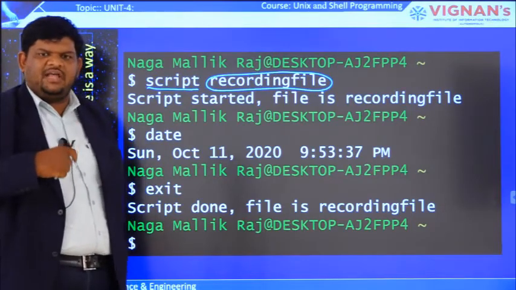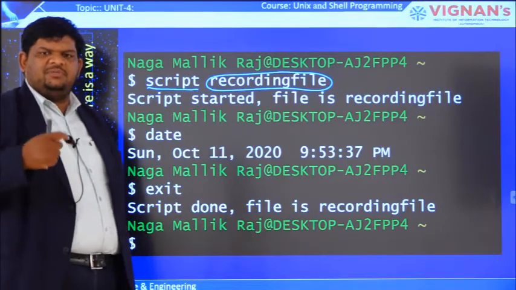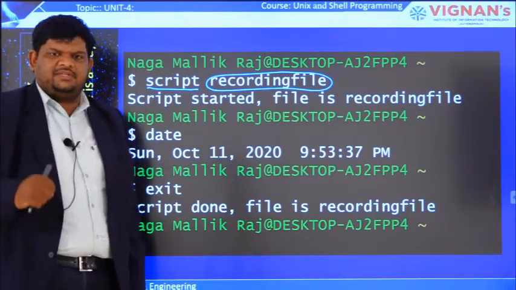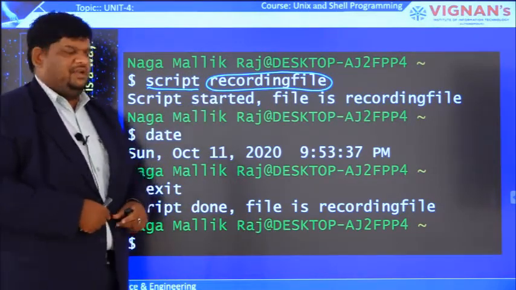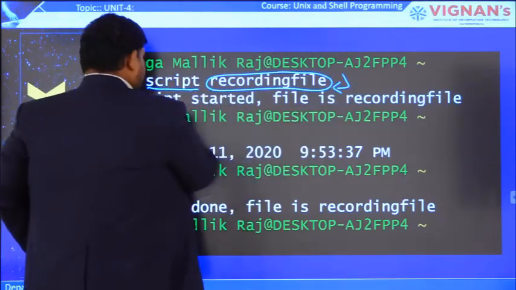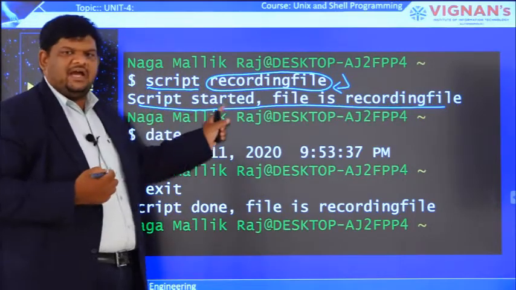But here it will not happen like that, because we are providing a file name. I want to store my entire recording in that file only, not in the default typescript. So I am providing the file name recordingfile. After pressing enter, this message is displayed as confirmation: "Script started".